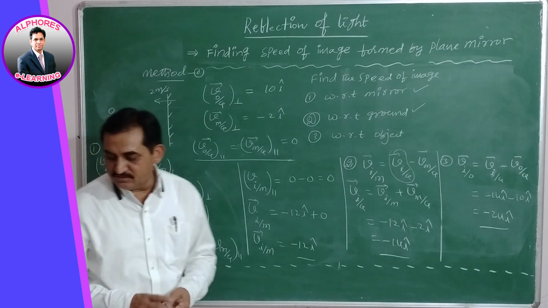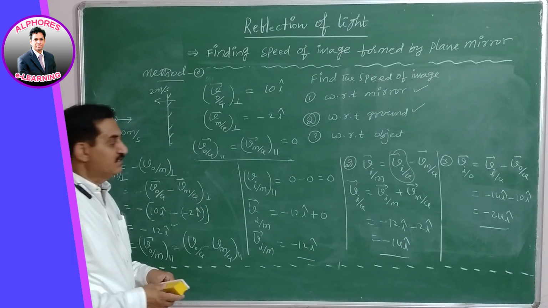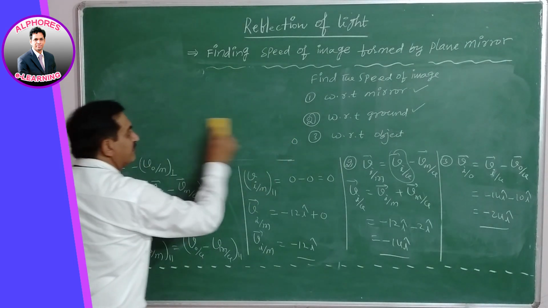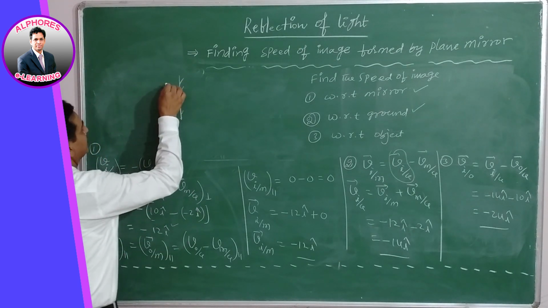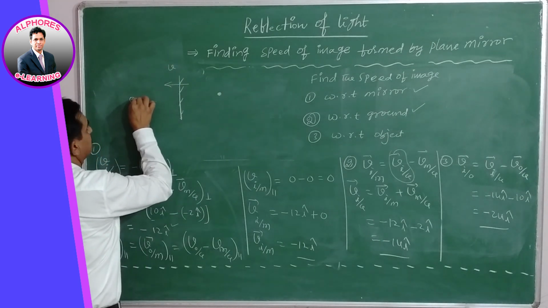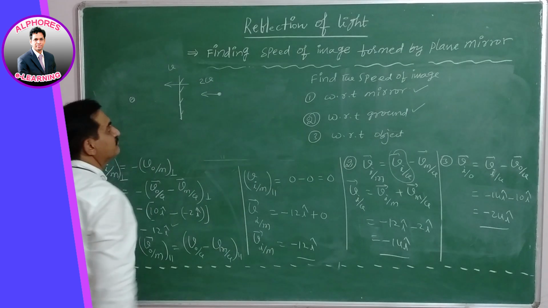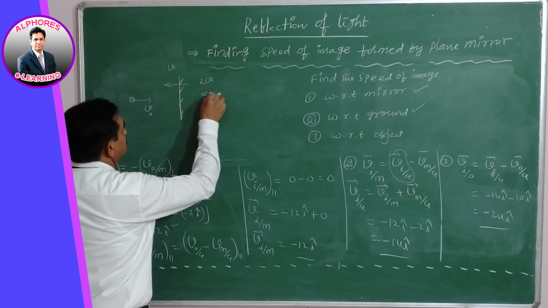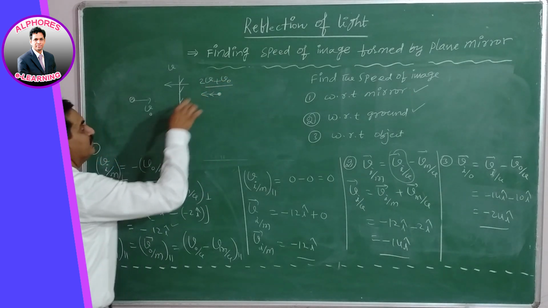The general method was already discussed in the previous lecture, based on the fundamentals. The formula is very simple. Whenever a plane mirror is moving with a certain speed v, the corresponding image will be moving with a speed of 2v, and the object is moving with a certain speed v0, so the image will also move with the same speed v0. Therefore, as a whole, the speed of the image becomes 2v plus v0.